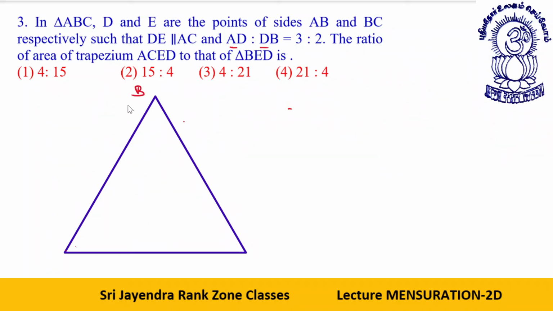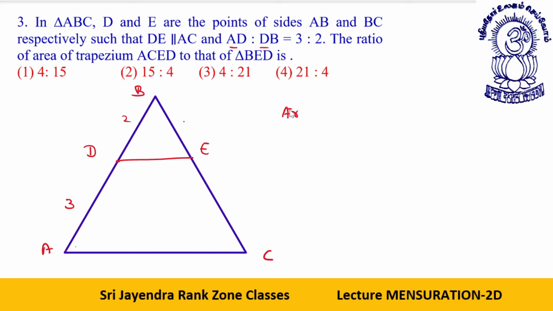This is point B. This is A. This is C. D and E are points on the sides AB and BC. This is my mistake. Now AD upon DB is 3 to 2. Let's say this is 3, this is 2. Due to a regular habit, like A and B, AC, this is always like this, so I just interpreted it that way. So now what do we have? This is 2, this is 3.